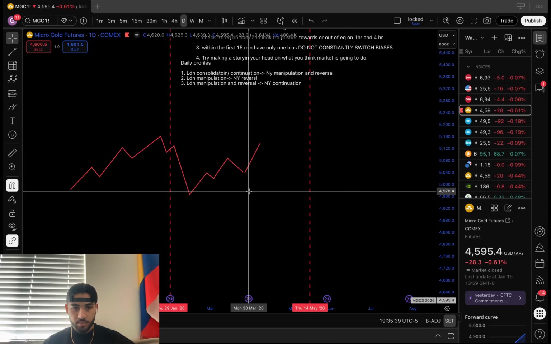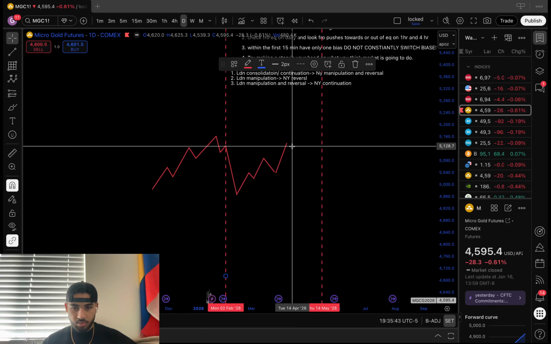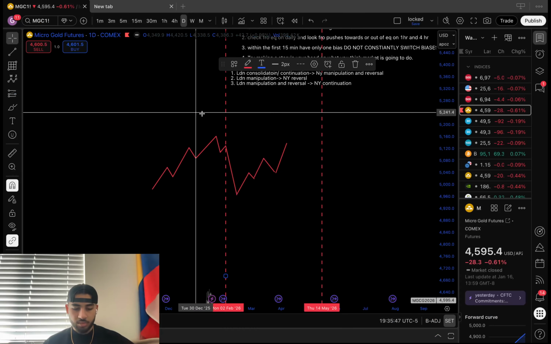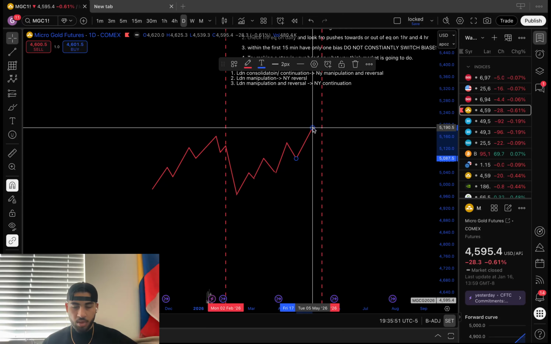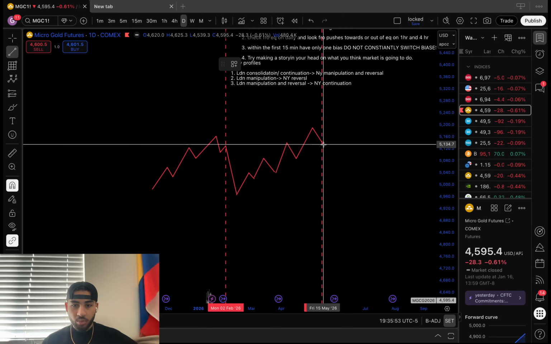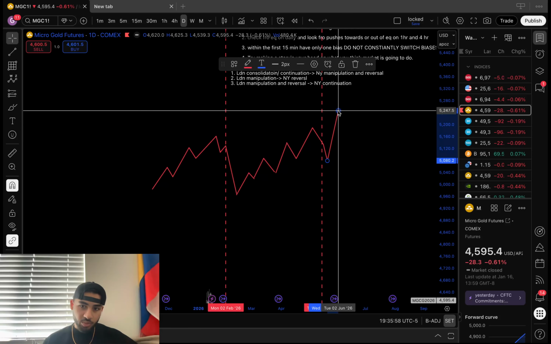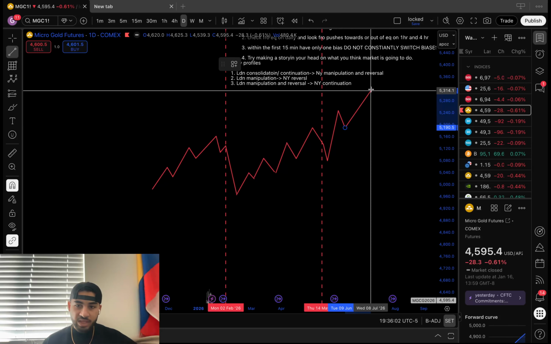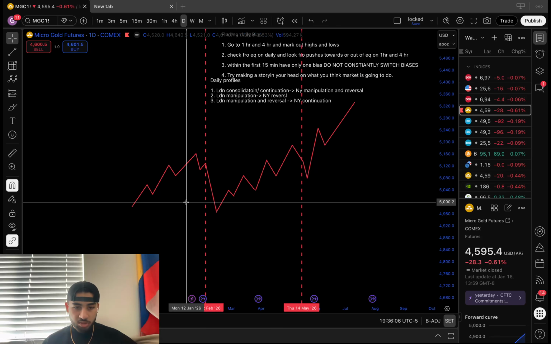Okay, there. Let's say we see this, boom. And we're reversing. Boom. I want to see New York open. We can manipulate these. I don't want to see all the way down to London low. I want to see a continuation trade. Boom, I'd enter off of here and then target even higher, either previous day highs or hourly highs, 4 hour highs, anything like that. But this would be an example.